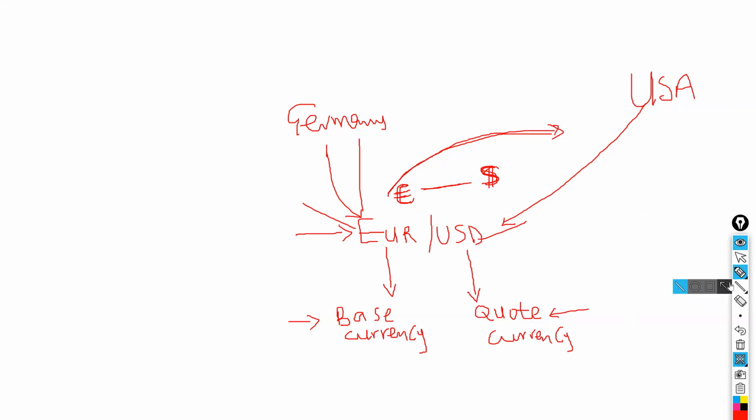The first currency in the pair is called the base, while the second currency is called the quote currency. The price of the base currency is always calculated in units of the quote currency. So let's say, for example, right here,